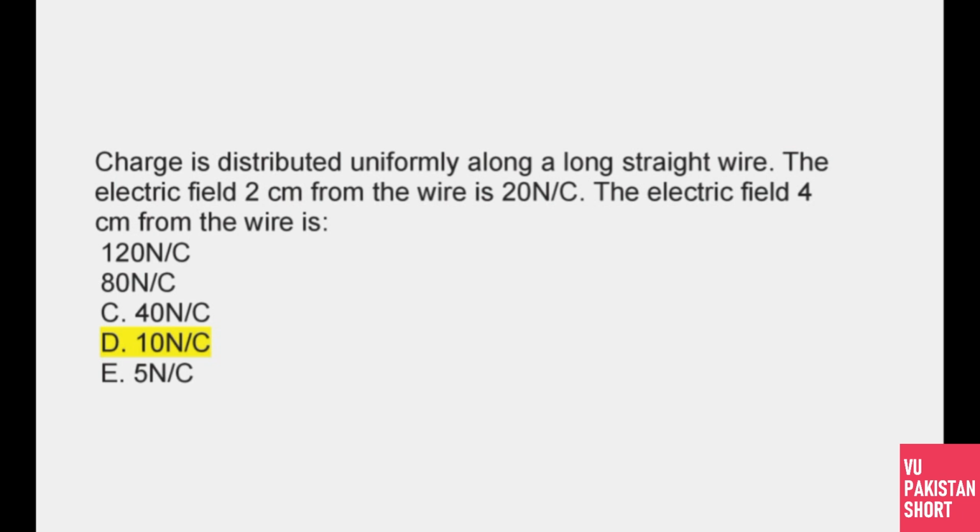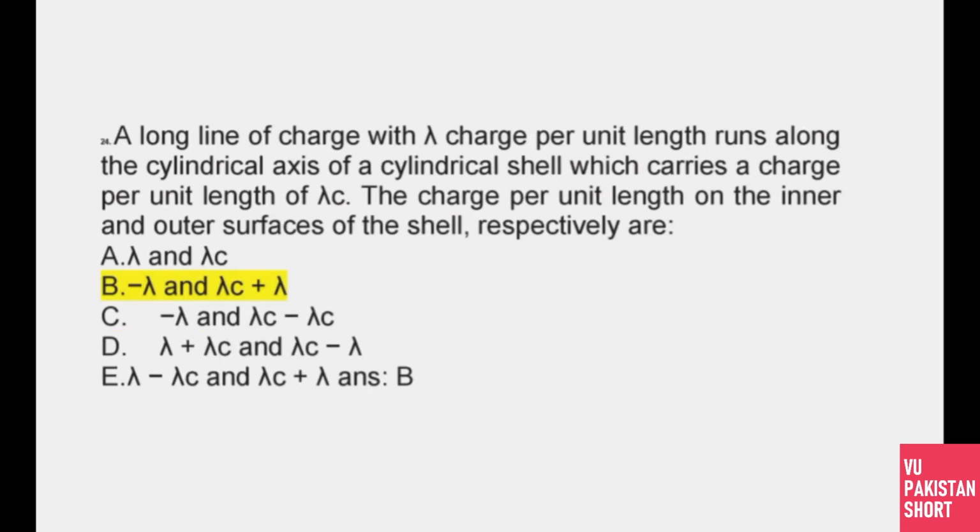अब charge is distributed uniformly along a long straight wire. The electric field 2 cm from the wire is 220 N/C. The electric field 4 cm from the wire कितनी होगी? 110 N/C, क्योंकि दूरी दोगुनी हो गई तो field आधी हो जाएगी, वो होगा आपका सही आंसर।